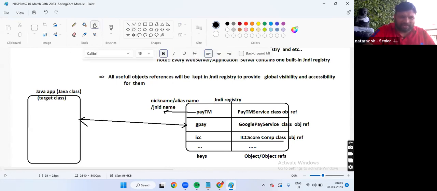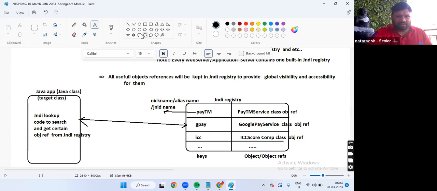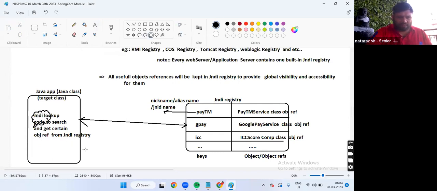Okay. Here, what is the code we write? JNDI lookup code, to search and get certain object reference from the JNDI registry.